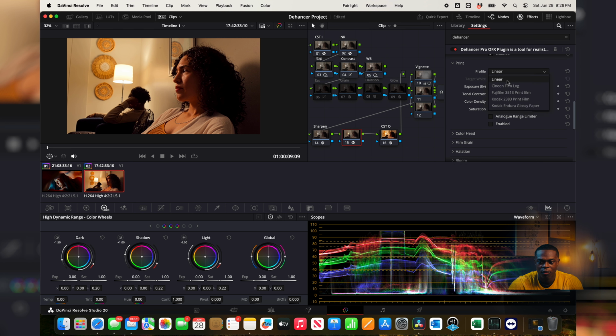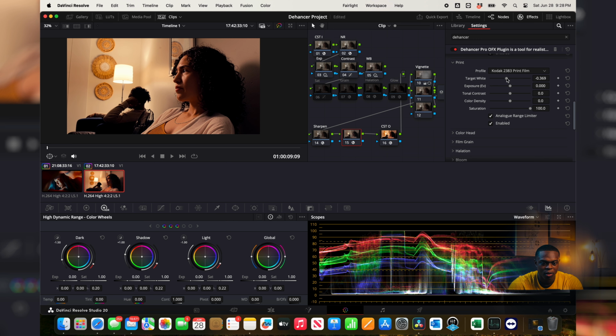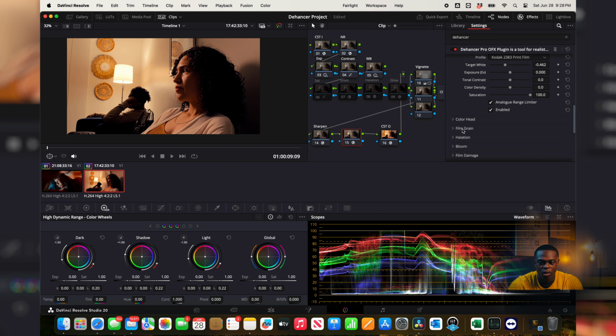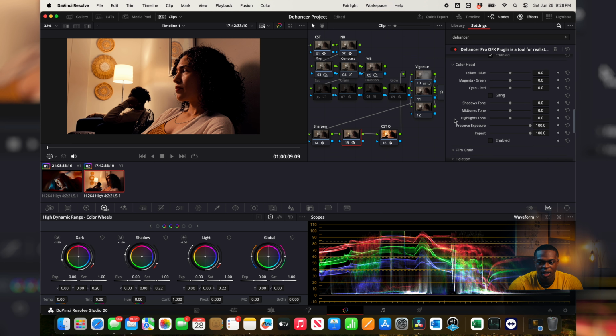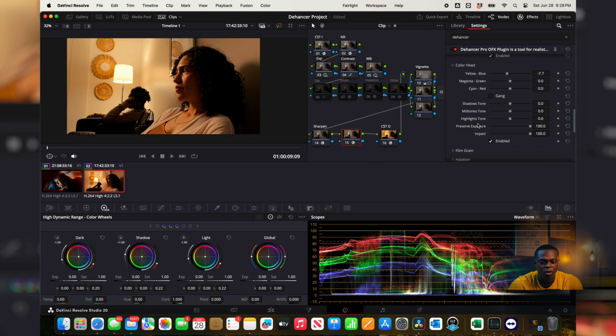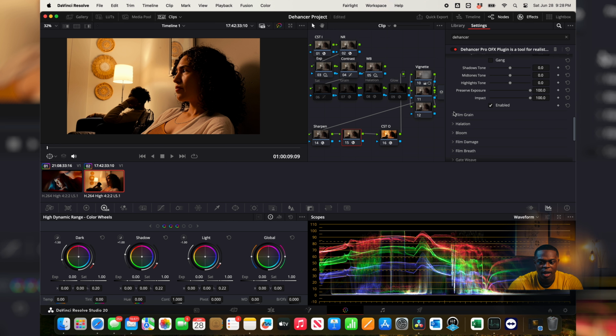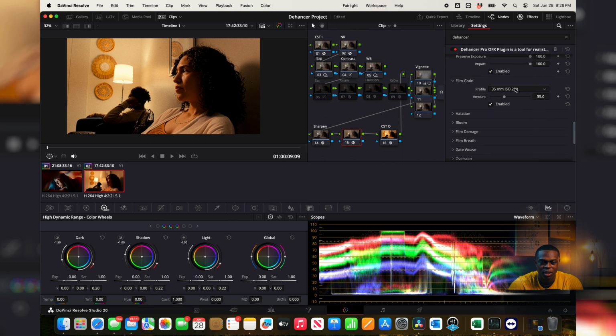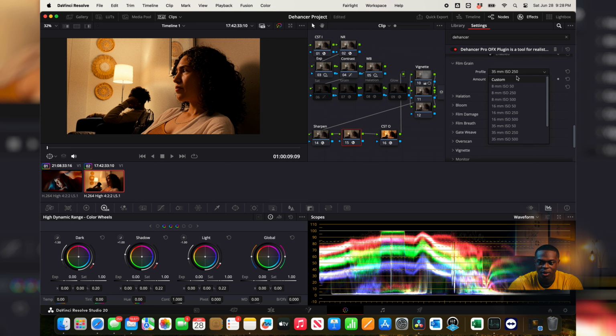And then moving on to your film print, let's add Kodak 2383. Let's make our target white a little more. And then on color head, I'm going to enable it, add more of a yellowish tone to the overall image. And then now let's add some film grain. Let's give this thing a look. I'm going to leave it at 35 mil. Nope, I'm going to go to 16 mil. It's a bit much, so I'm going to go to 35,